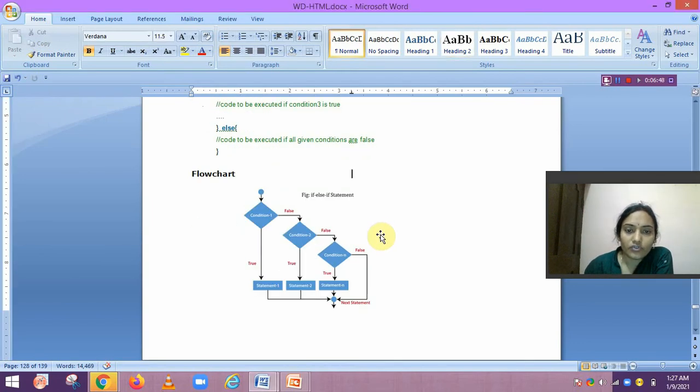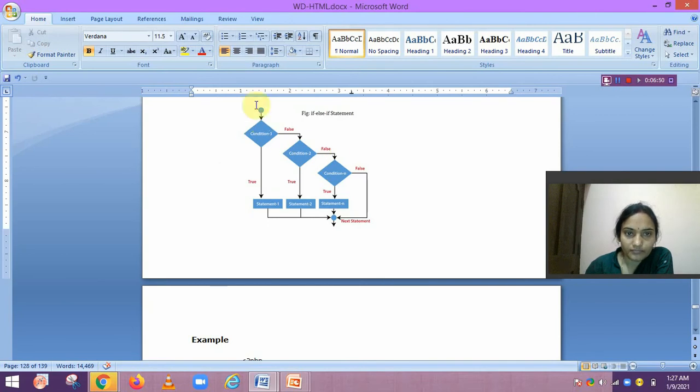So here the flowchart is also there. If condition 1 is true, then statement 1 is executed and it goes to the end part. If condition 1 is false, then it will come to condition 2. If condition 2 is true, then it will execute statement 2, or if condition 2 is false, then it will come to condition 3.